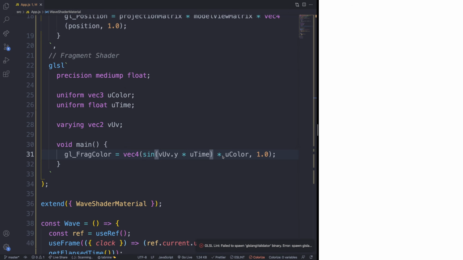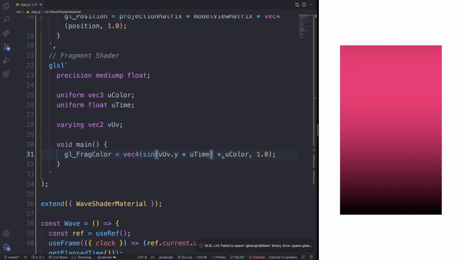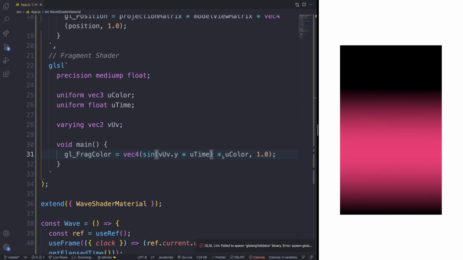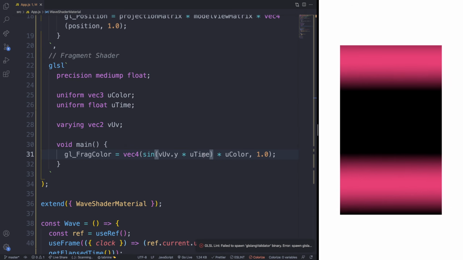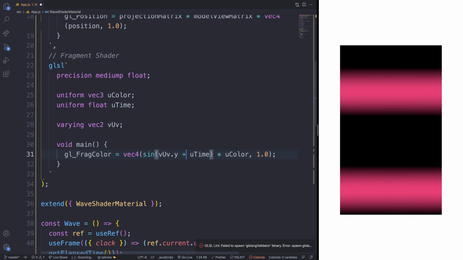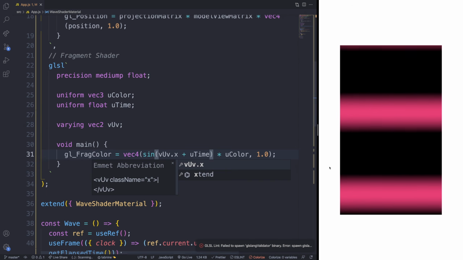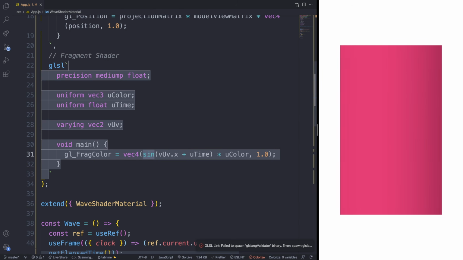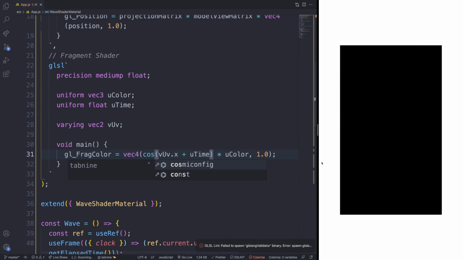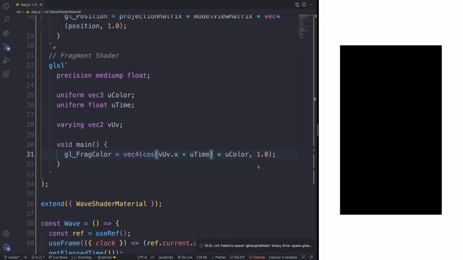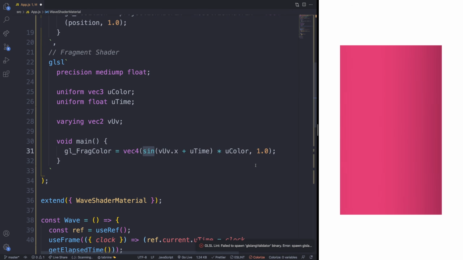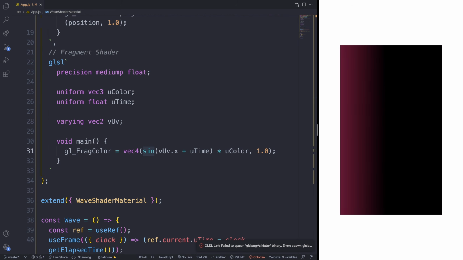We're adding uTime, which is continuously changing through our useFrame, dependent on how long our app's been displaying for. And then sine is returning a value from -1 to 1, so it is allowing us to go from -1 all the way to 1, changing the color, and that's how it creates this effect of moving from a certain direction, from going to black, going to the hot pink that we described. It's pretty confusing, but once you continue to play with it, it'll make a lot more